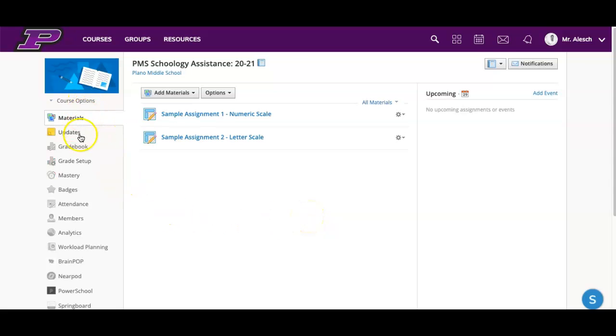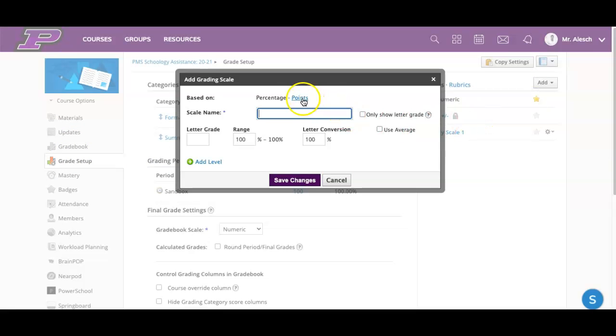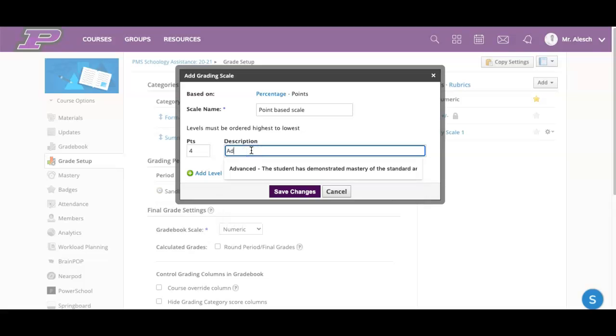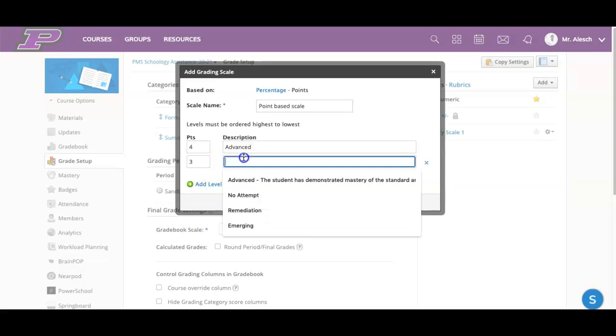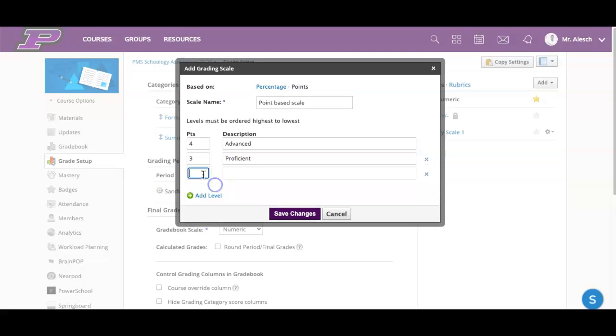Okay, and then finally here, if I go back to my grade setup and I add another scale, the other scale that I can add is simply a point-based scale. And what you can do with this one, I'll just call this point-based A. A point-based scale is where you can say, if I have a level 4 student, I'm going to call them advanced. And then if I have a level 3 student, I'm going to call them proficient. So this is another way to kind of mesh the worlds of